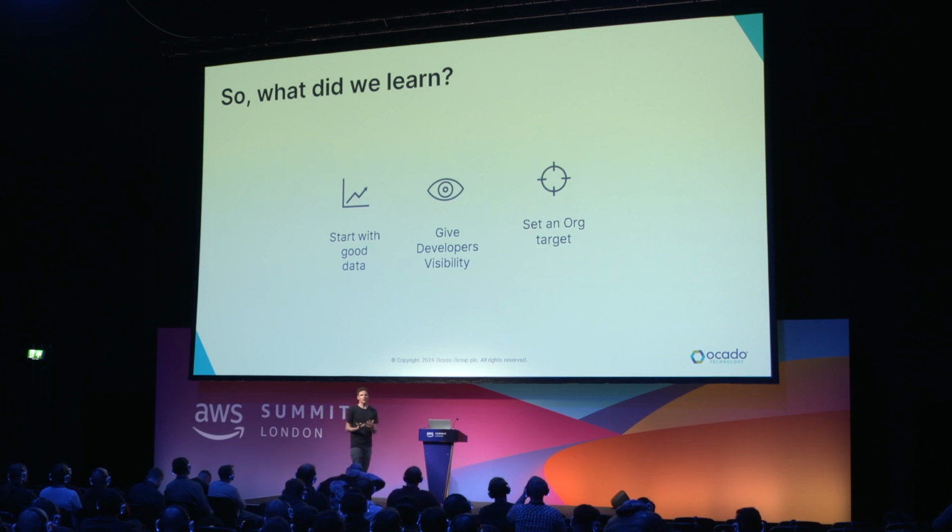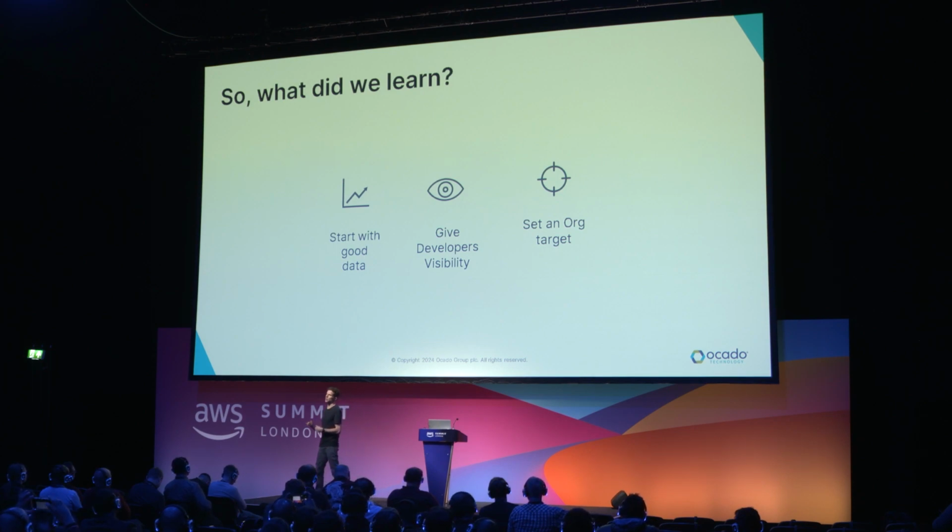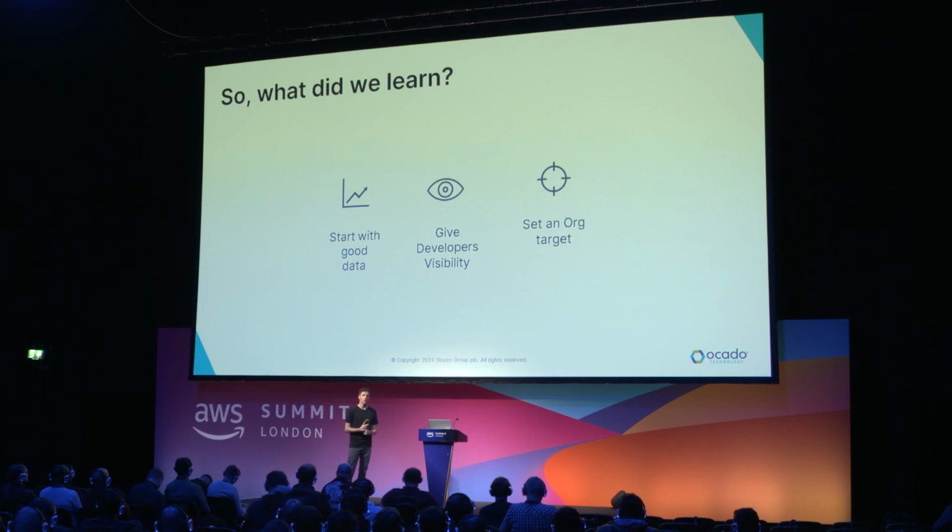They really need to see an accurate view of what their costs are and how they're able to change them. So once they can see and once they can measure, you'd be surprised at how much developers are able to do with not that much extra time. And setting an organizational target works really well for us. I don't know how many software engineers there are in the audience, but if I asked you, I imagine many of you could probably quickly say two or three things that you could do to reduce cost right now. But it's about coordinating and getting that organizational momentum behind doing those things and actually getting the bandwidth to be able to do it. So I think that's really important.